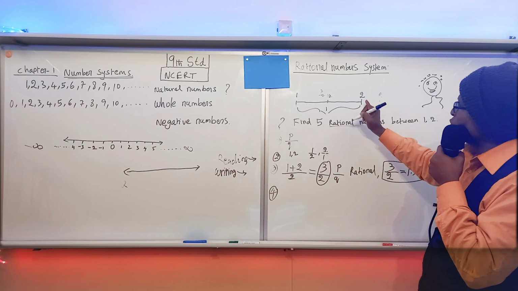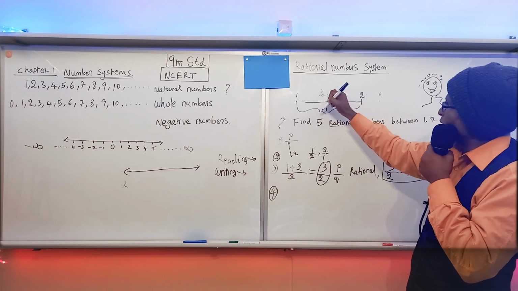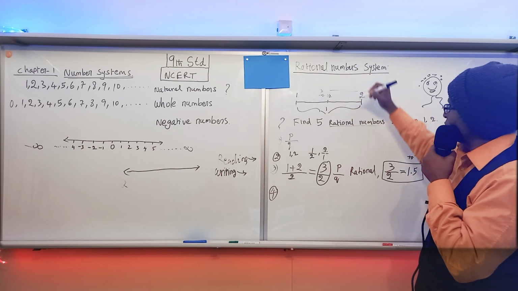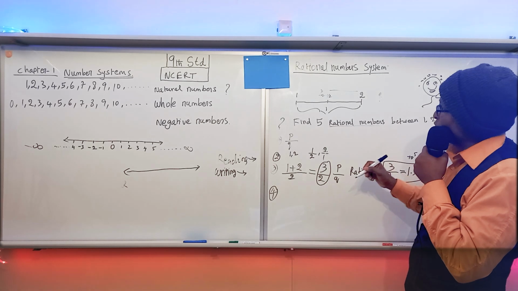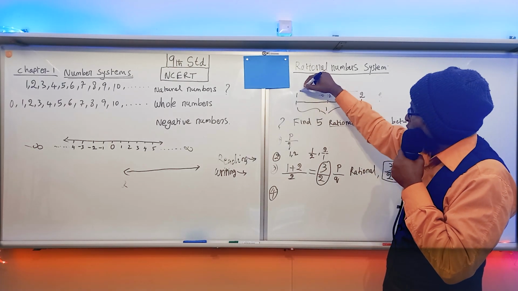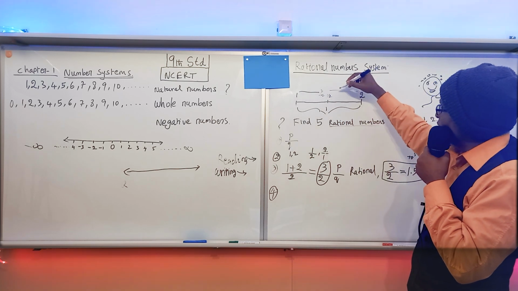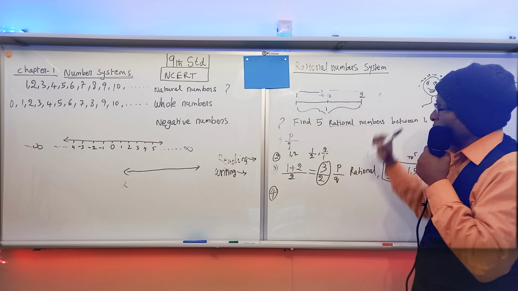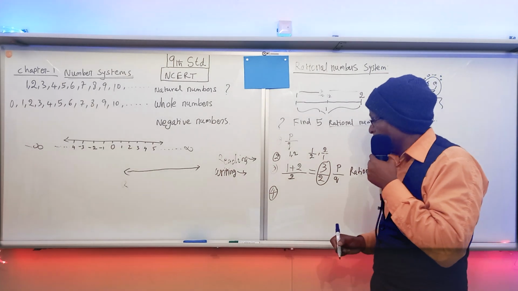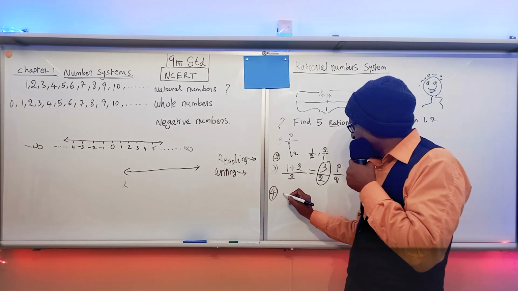Or you can choose the number between 2 and 3 by 2, this place. Here you can also find a rational number. So what we are going to do, first we are going to find a number between 1 and 3 by 2, and then we will find a number between 3 by 2 and 2. Let's try. Okay, so the format is 1